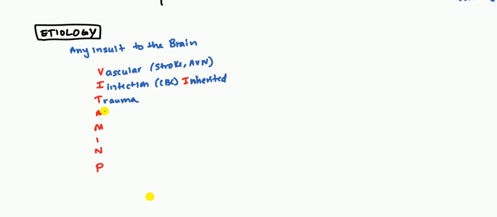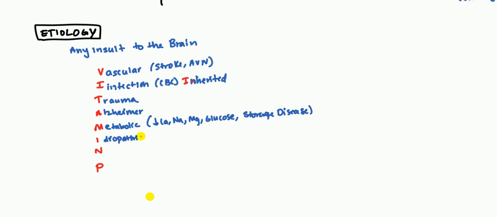T is for trauma, that can definitely cause it. A for Alzheimer's is associated with it. Then you can also have metabolic disorders, any type of low calcium, sodium, magnesium, or glucose. And the glycogen storage diseases, any storage disease can be associated with it. I, idiopathic, a lot of them they don't really know why. Neoplasms can cause it, and there's also neurocutaneous disorders such as Sturge-Weber, tuberous sclerosis, neurofibromatosis can also cause it. And psychogenic. Psychogenic generally is a diagnosis of exclusion, so if you don't know what it is, we just say